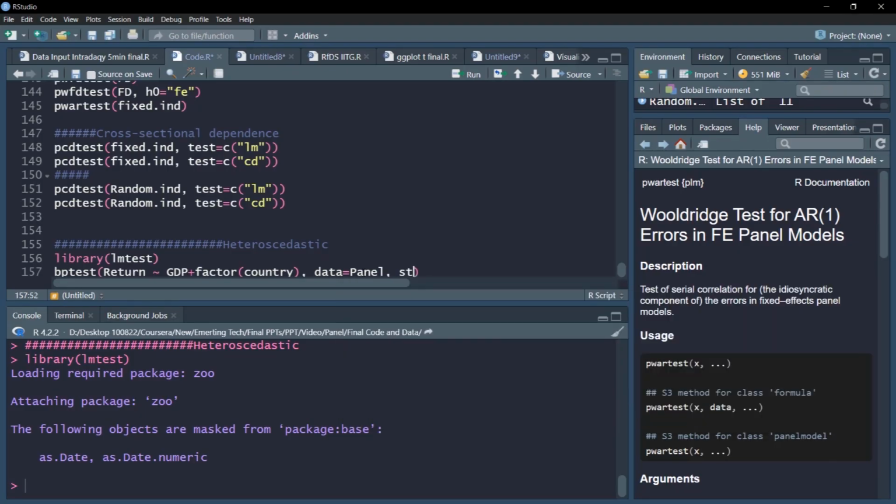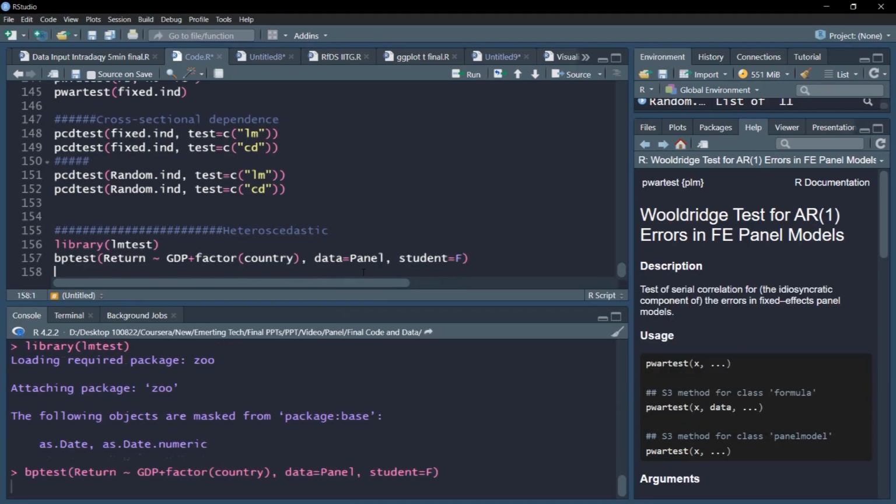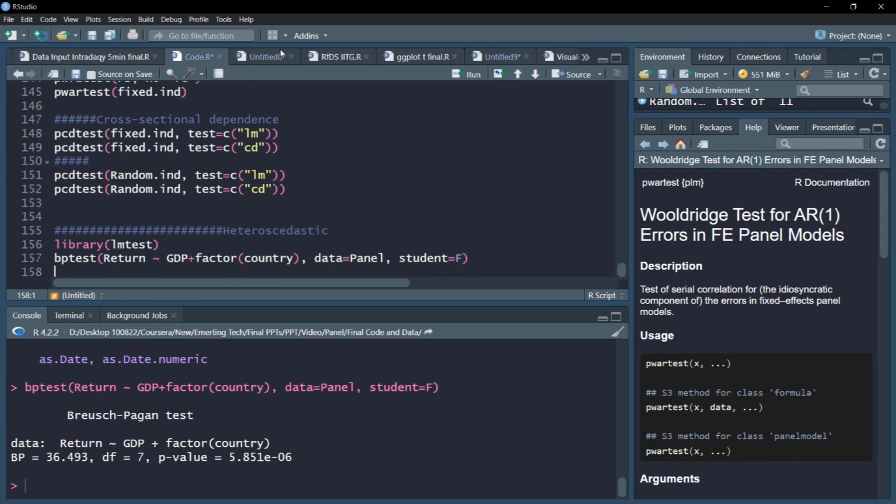In our data panel, we'll put student equal to F, and our BP test suggests that significant heteroscedastic effects are there. So it seems heteroscedasticity is there in our error after accounting for these effects explicitly.